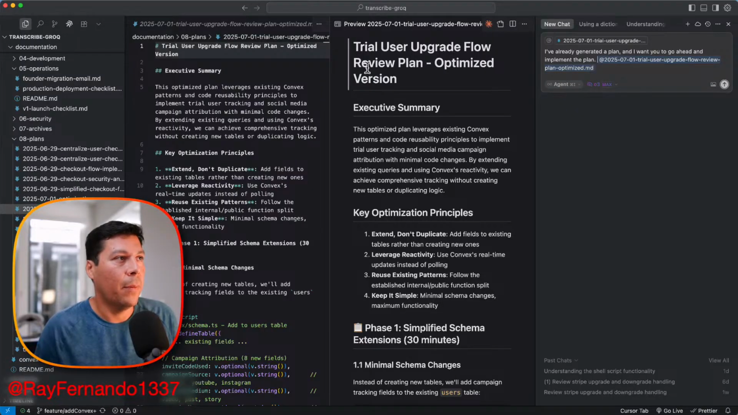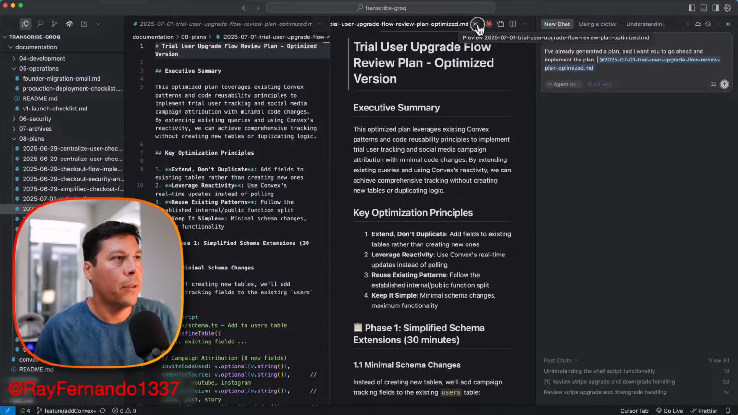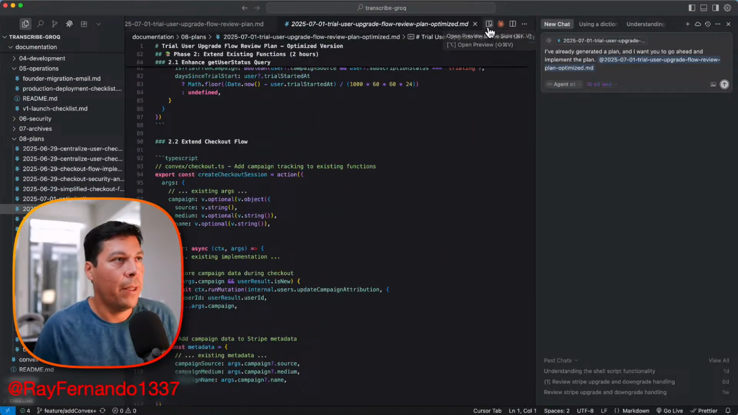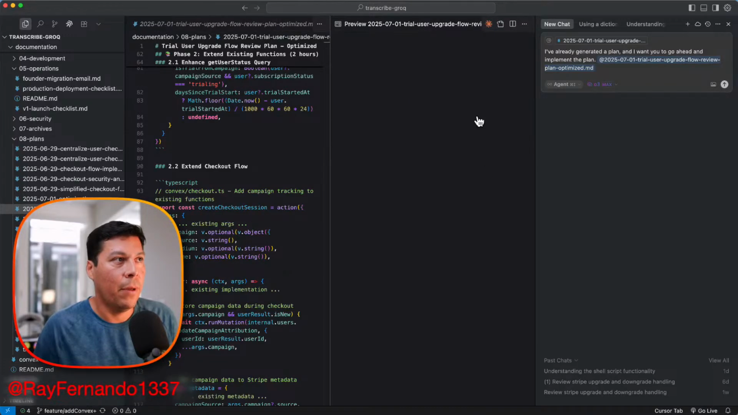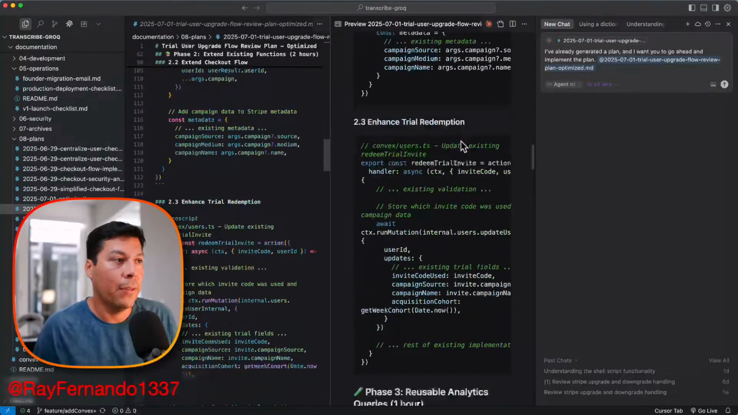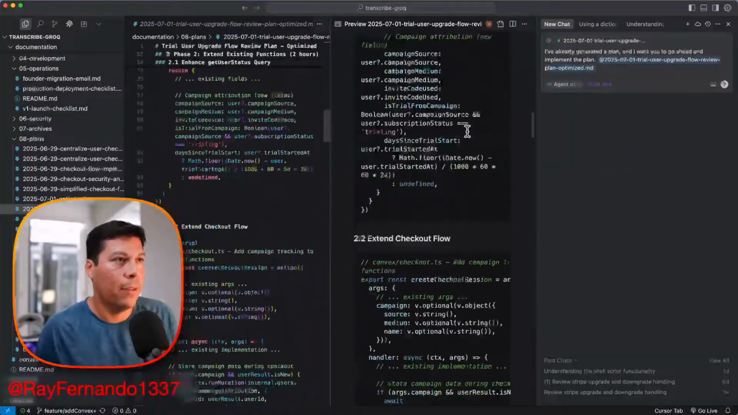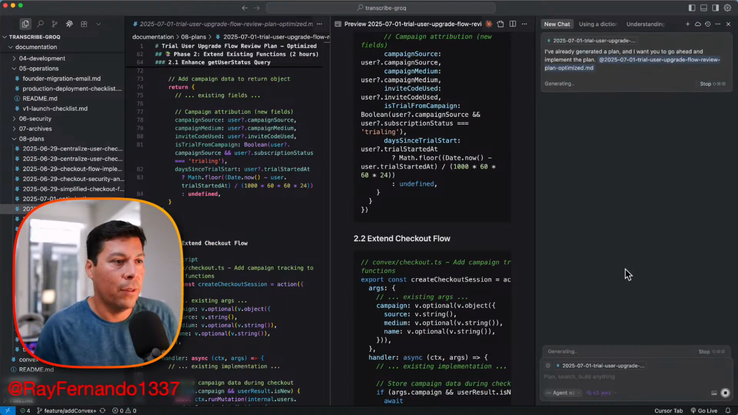So this is the optimized plan, and for any of your to-dos or if you have a markdown file like this, you can actually preview it by hitting this little preview button here on the side, and it pops a little preview of the markdown, which is really nice. So that way you don't have to paste it into these other places here. So I'm going to go ahead and just let it do its thing